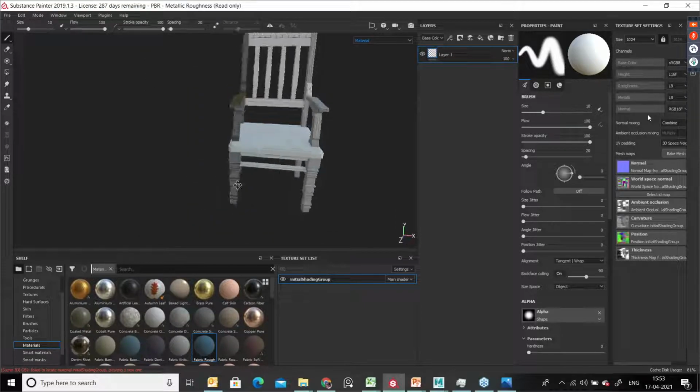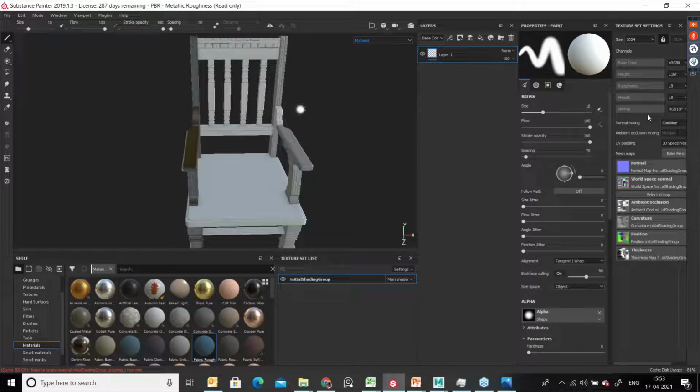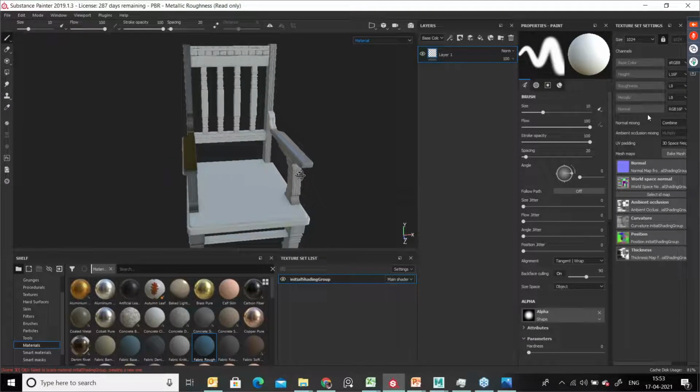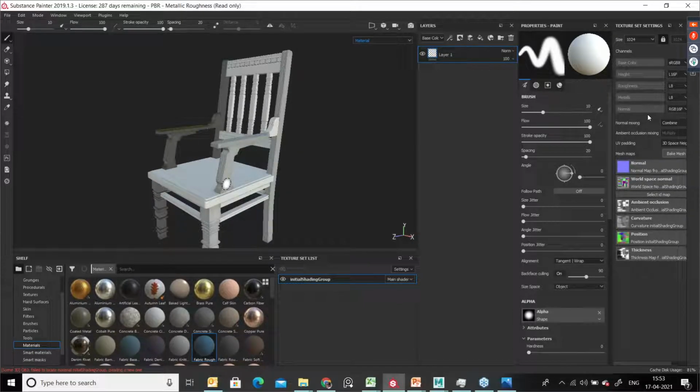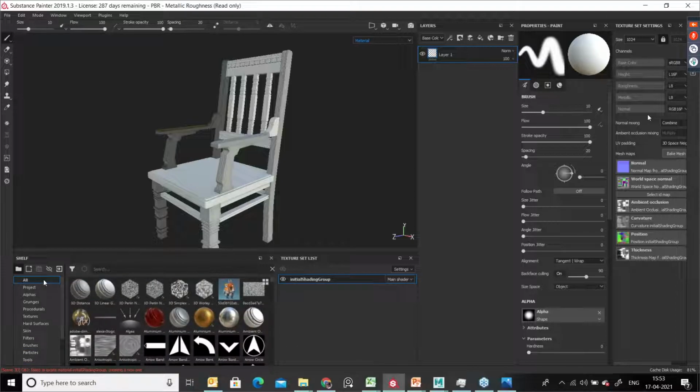And now in this chair, we already updated the baking maps. Now we can directly start our texturing. To do the texturing process, we need to apply a wooden texture. Where is the wooden texture available? You can just go to All. Okay, here you can just type wood.